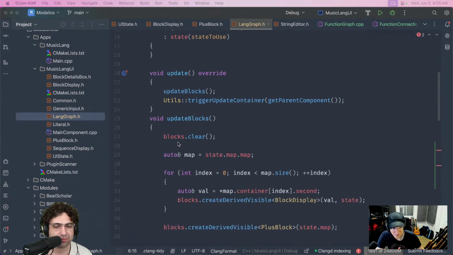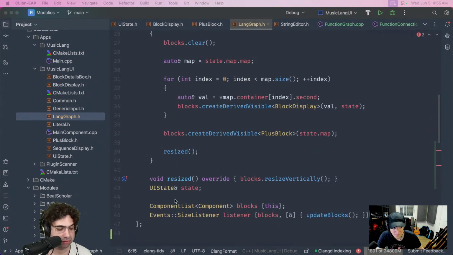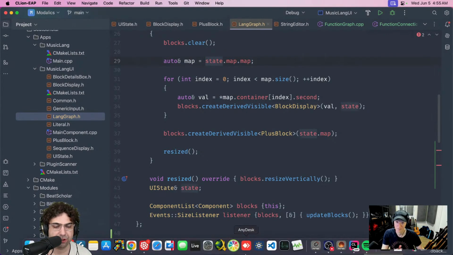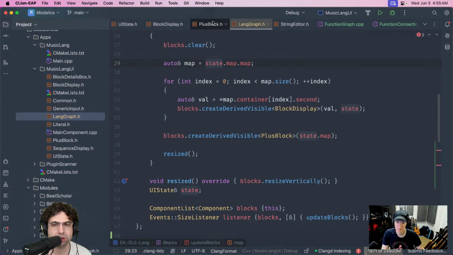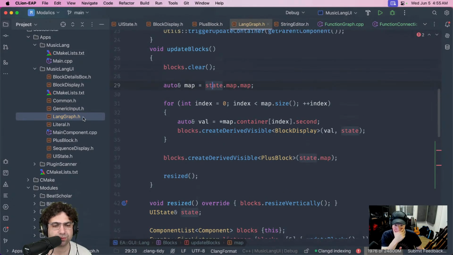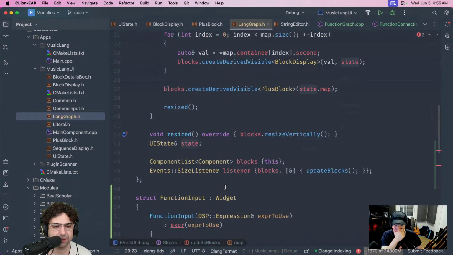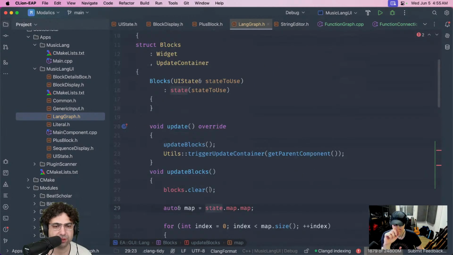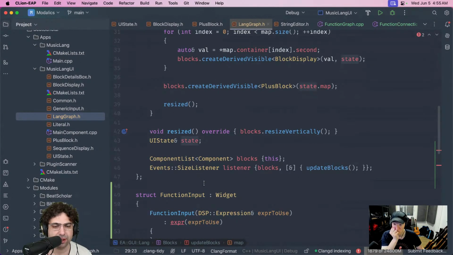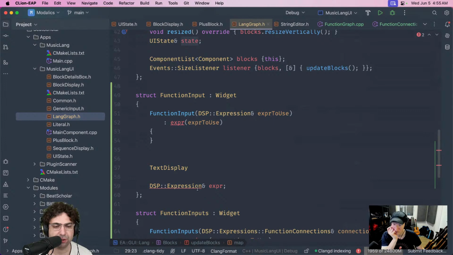Okay, so where was I? I'm going to go to my line graph, and it is function input. I think I called it resizing text display.